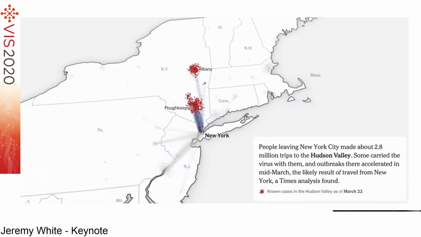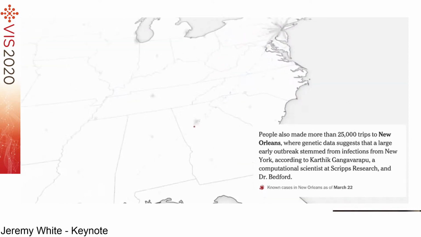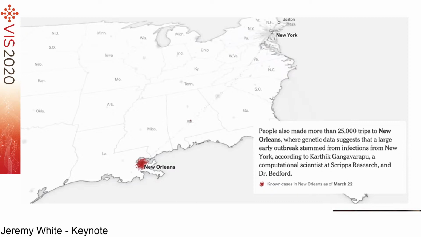So let's see here. We're going to look at New York and some of the local traffic outside of New York up into the Hudson Valley. And that contributed a lot to some of the local outbreaks around New York, but also, down to New Orleans. Mardi Gras ended up being one of these super spreading events. So New York had a role in some of these early events. Now,